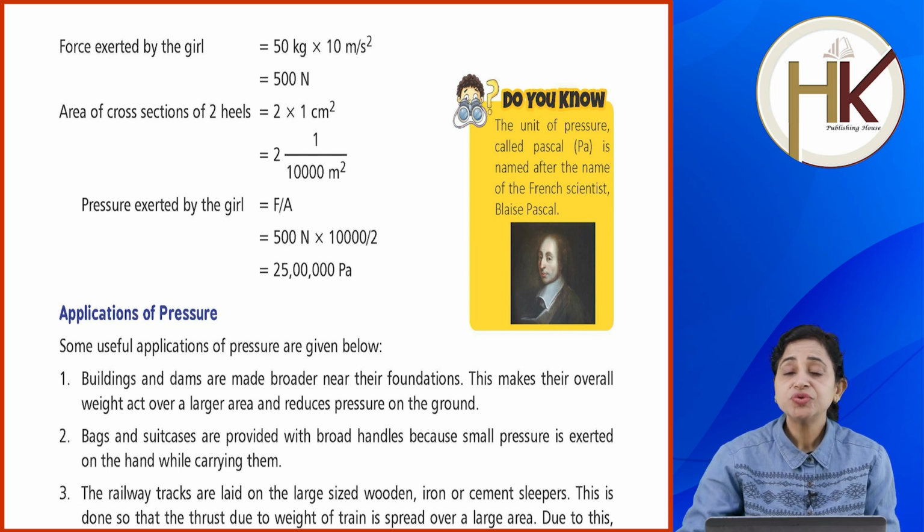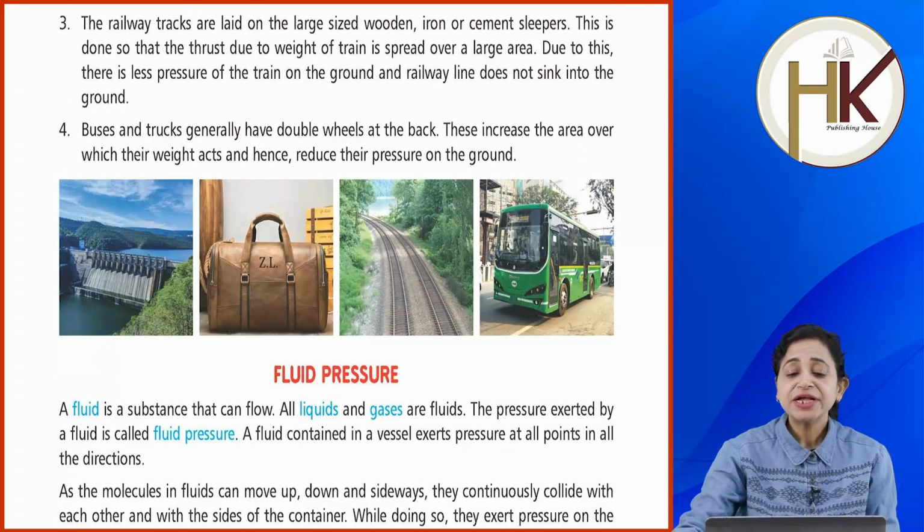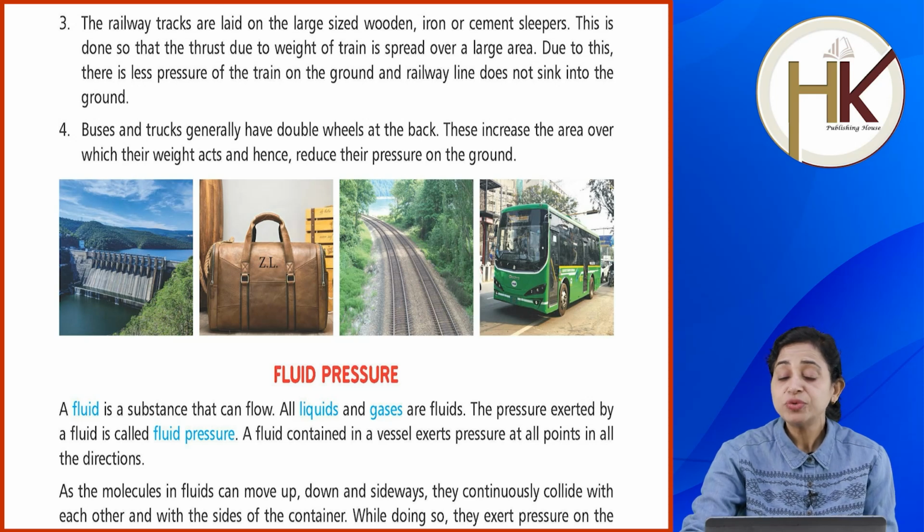Applications of pressure. Some useful applications of pressure are given below. Buildings and dams are made broader near their foundations. This makes their overall weight act over a large area and reduces pressure on the ground. Bags and suitcases are provided with broad handles because small pressure is exerted on the hand while carrying them. The railway tracks are laid on large sized wooden, iron or cement sleepers. This is done so that the thrust due to weight of the train is spread over a large area. Due to this, there is less pressure of the train on the ground and the railway line does not sink